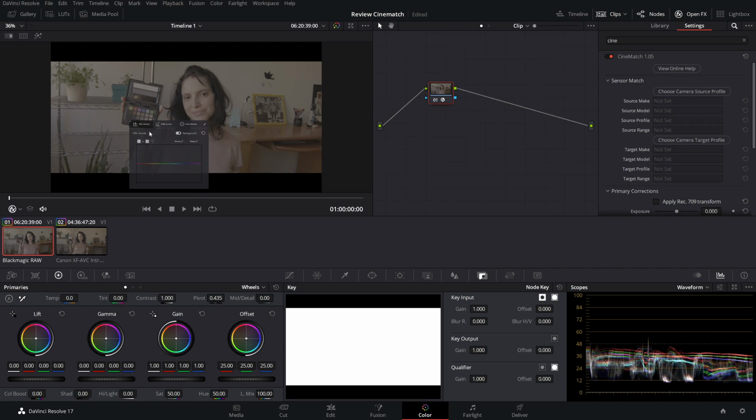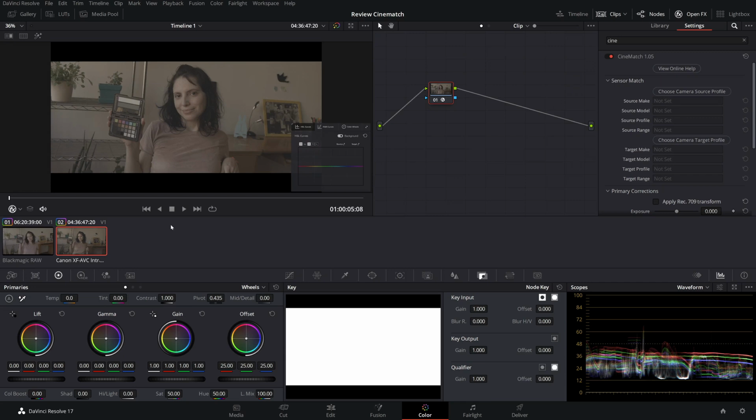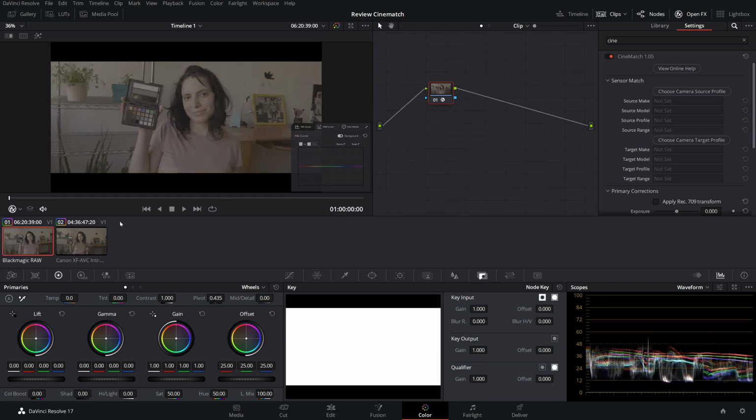Okay, so I have Cinematch on the Blackmagic and on the Canon. I'll come here and choose my source profile, which means choosing what camera and profile this was recorded with. I will click here and say Blackmagic Pocket Cinema Camera 6K. I don't know if it's the same as the Pro, but I think it will work, and the film gen was film gen 5, and this is in full.